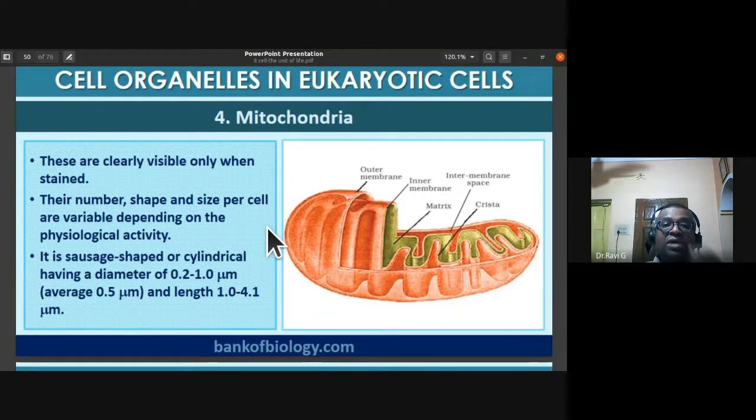Now the next important aspect, which we'll again study in the plant physiology chapter, is mitochondria, the ultrastructure of mitochondria. The diagrams are very important here. You should also draw this diagram in the exam if they ask for mitochondria, and explain it with the diagram. The mitochondria are commonly called the powerhouse of the cell, because they generate ATP. The breakdown, the oxidation of food molecules takes place in the mitochondria.